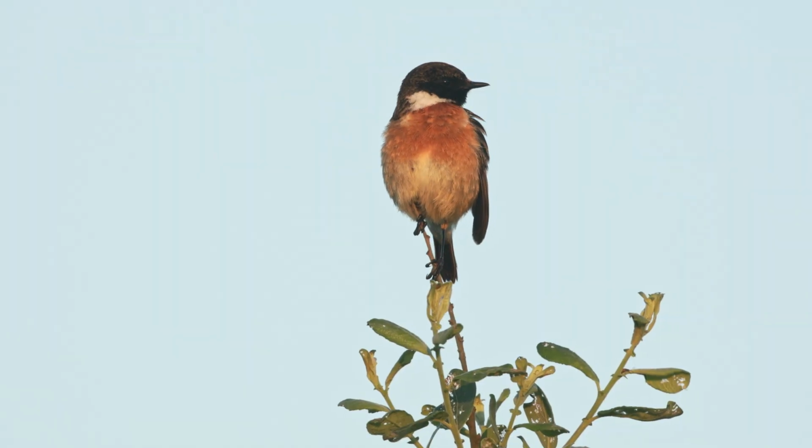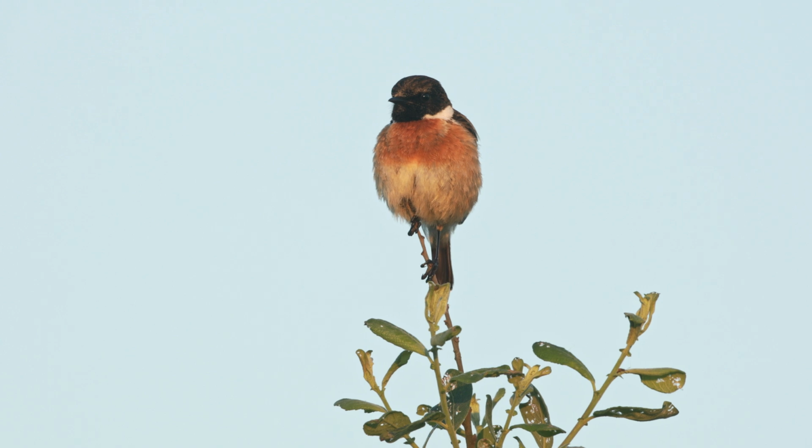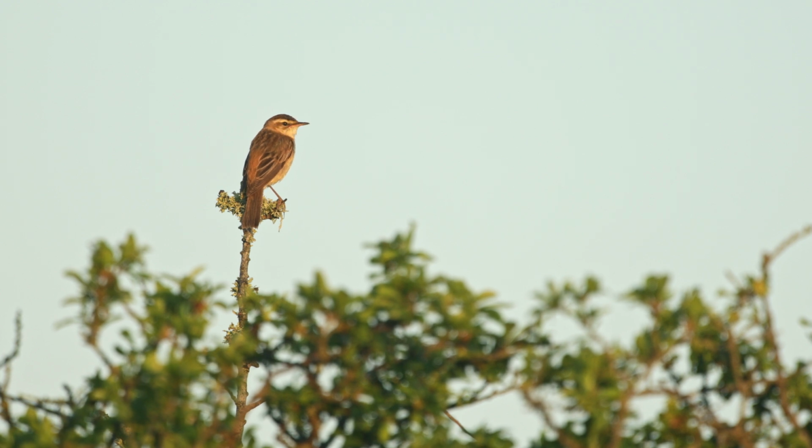There's a stonechat perched just in front of me, so I'm going to fire up Merlin and see if it can pick up exactly what I can hear. And it's giving me a live recording now. It can hear the sedge warbler, which is quite a few singing around, so that's no surprise. I can hear wren, which has just been picked up. It's picking up the Canada